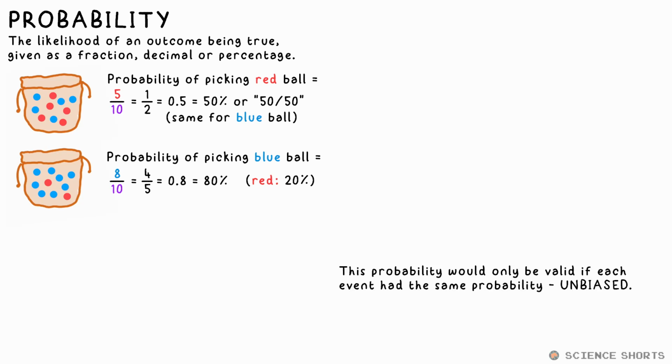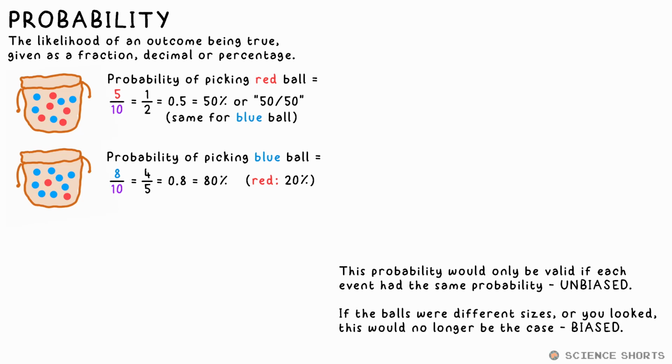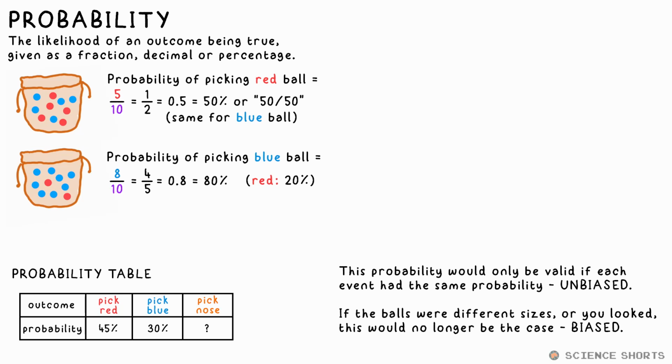This is only true if each event has the same probability. It's unbiased. If you got to look at what balls you're picking, this would no longer be unbiased. This would now be biased. In these kind of cases, you must be given the probability of an outcome happening, usually in a table. If there's a probability missing, you know you can find it by doing 1 minus the rest, leaving you with